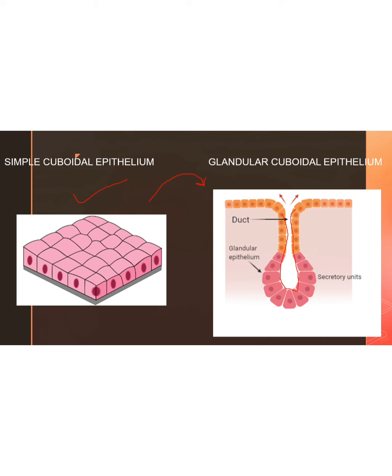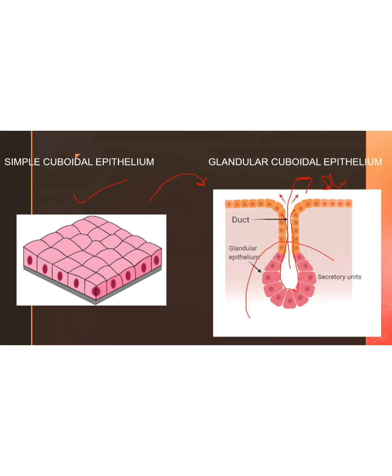And what is the use of this hollow space? This hollow space will carry some glandular or secreting substance, which will come out whenever it is needed. What I told you, the glandular epithelium is present where? It is present in the salivary glands. What is the function of salivary glands? To secrete saliva. From where is the saliva coming?